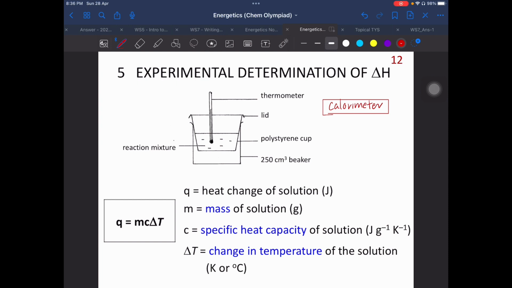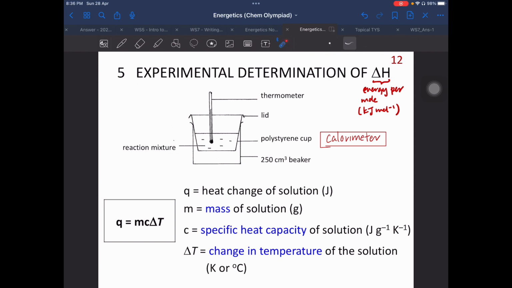And through that, that actually allows us to calculate enthalpy changes. So if you recall, enthalpy change is essentially a calculation of energy per mole of a reaction, right? So hence the unit for enthalpy change is always in terms of kJ per mole, right? So you look at the amount of energy per mole of a particular reaction, be it formation, neutralization, or combustion,